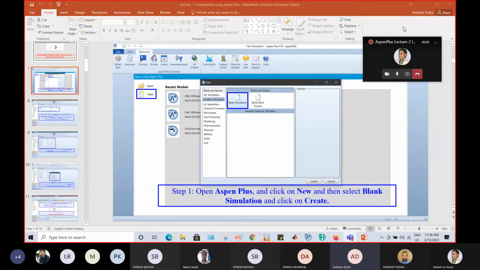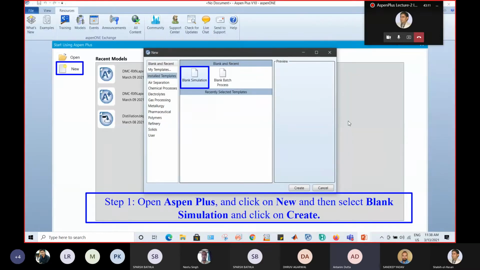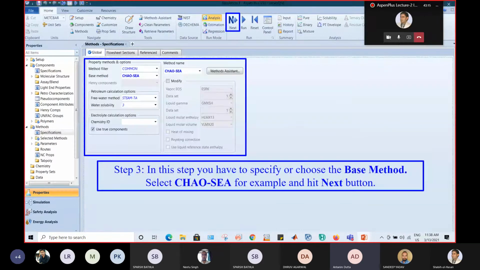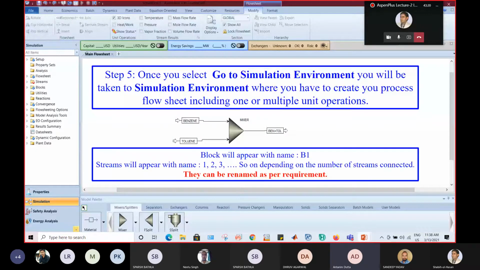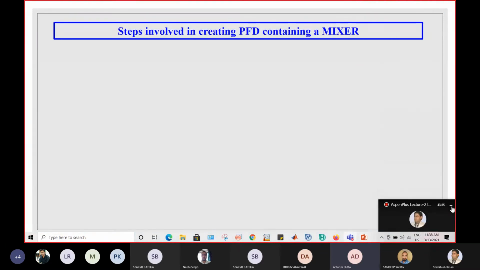I'm just showing you all that I have mentioned each and every single thing in the PPT as well. So in case you want to revise it, you can do it from the PPT as well, so that it will assist you in understanding the simulation once again. You can go through this, and I have added a stepwise procedure for the steps involved in creating a PFD containing a mixture, so that there is no confusion regarding the addition of your models or the addition of your streams. These are the stepwise procedures which you have to follow to draw your PFD.